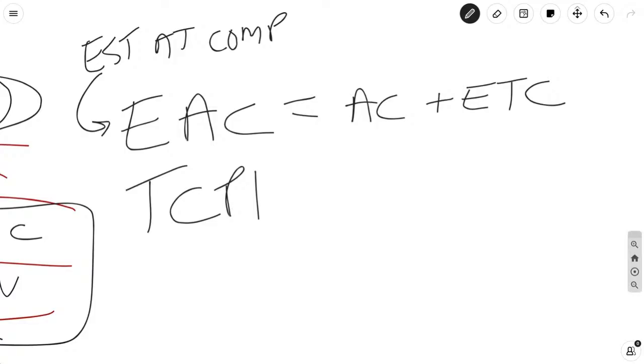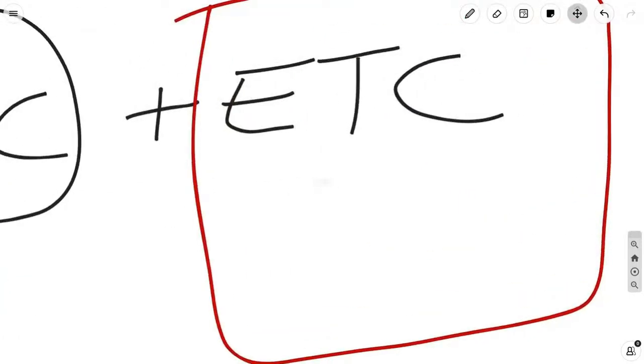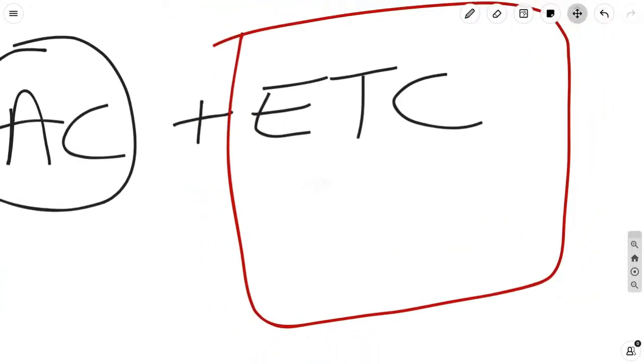So this is one of the metrics management always wanted us to present. How much money will you have spent when all is said and done? And the way you get that is you look at the actual cost, which you already know about, the actual cost to date, and then the other metric, estimate to completion. You could look at this as a brand new bottom-up estimate. Like if your project is so far off and you cannot use any of the estimates you had before, you can use a brand new bottom-up, ETC.